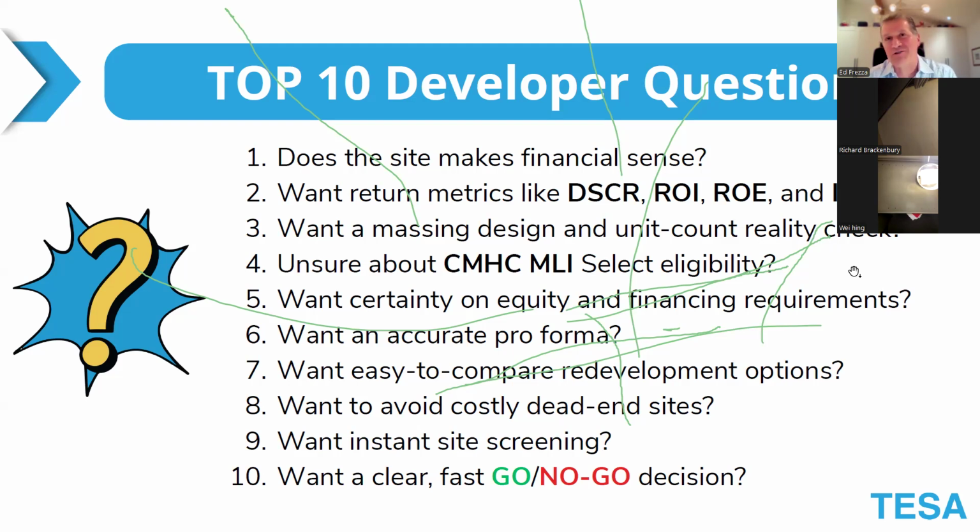They drive down straight to the pro forma, which is smart because it's all numbers oriented. People who want an easy way to compare redevelopment options. Every single site usually has more than one redevelopment option. It's figuring out what the development options are and then zeroing in on the one that makes the most sense, not just financially, but perhaps makes the most sense for the time that we're in, or for what's happening in the area, right? So these are the ways that we look at these projects.